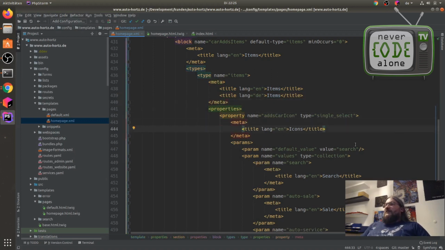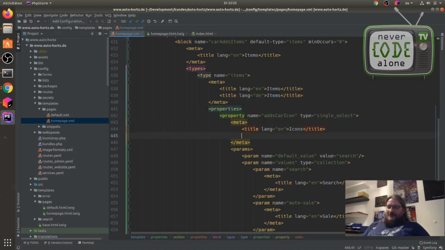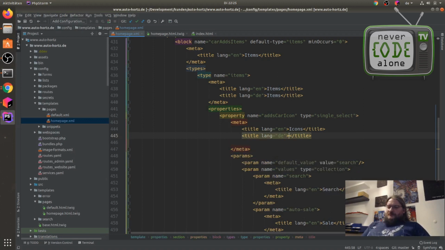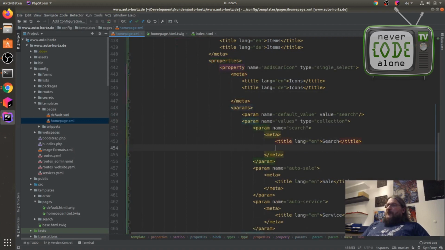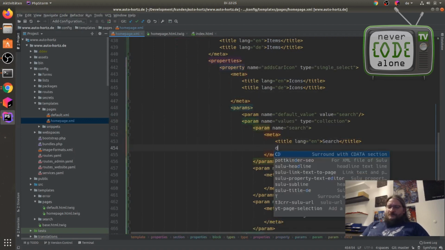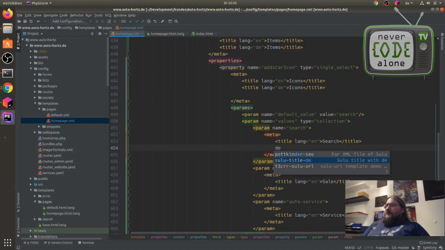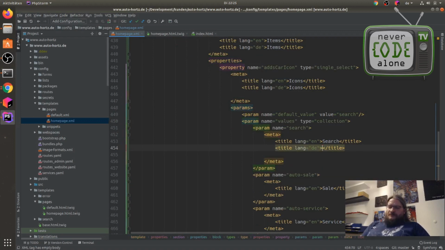We have these icons, which is also really similar in German. But here we have some clearer translation.